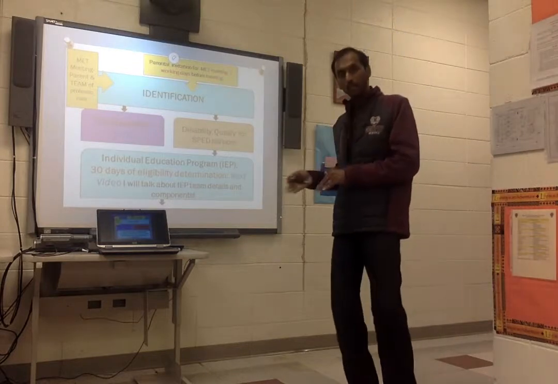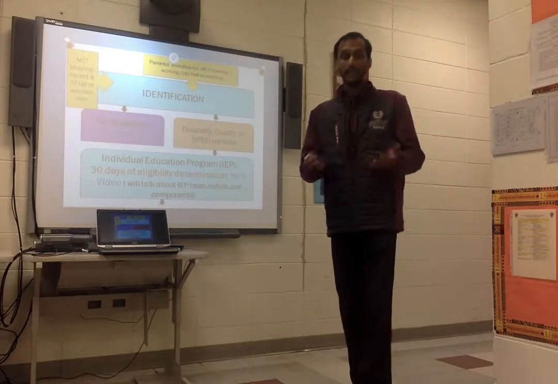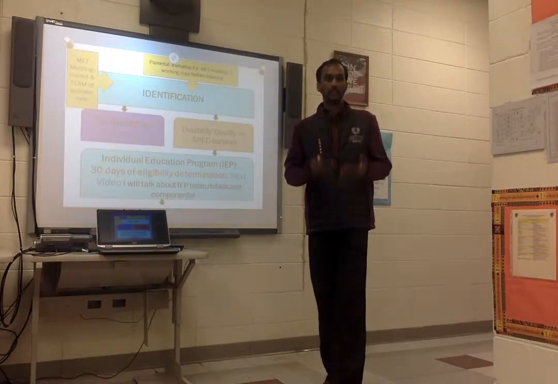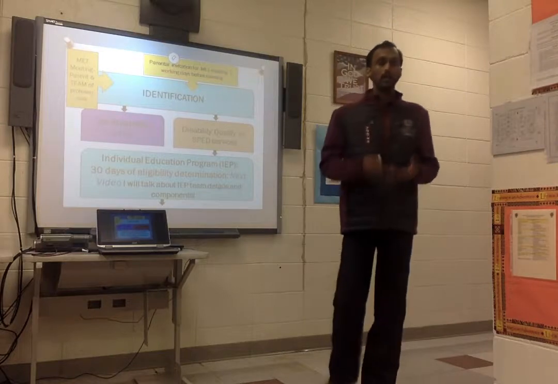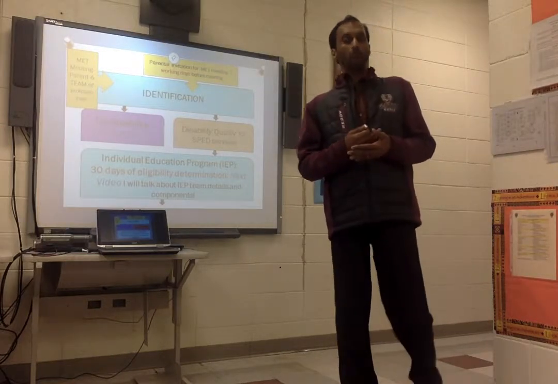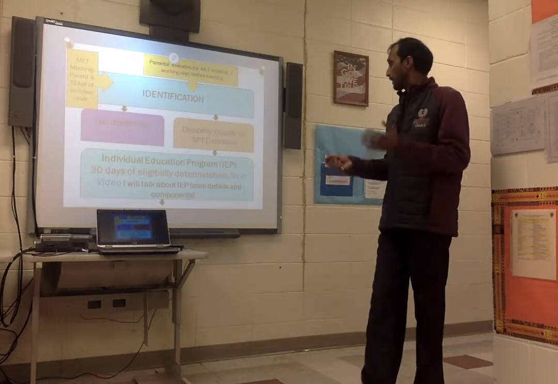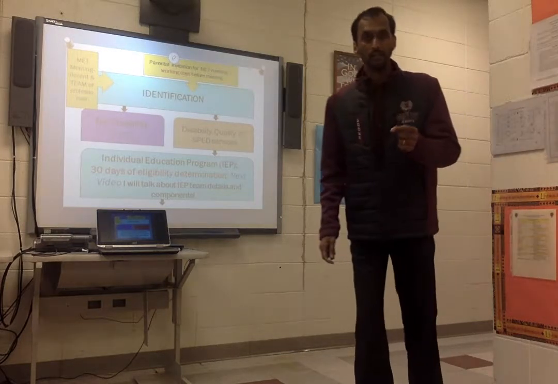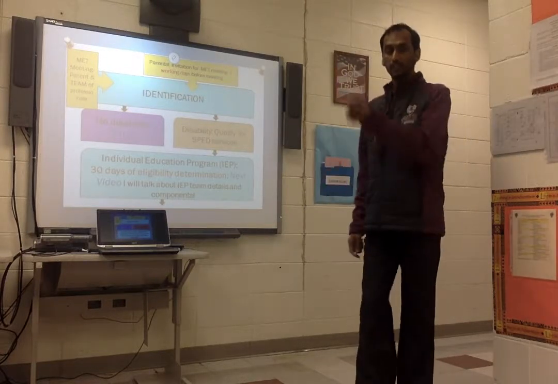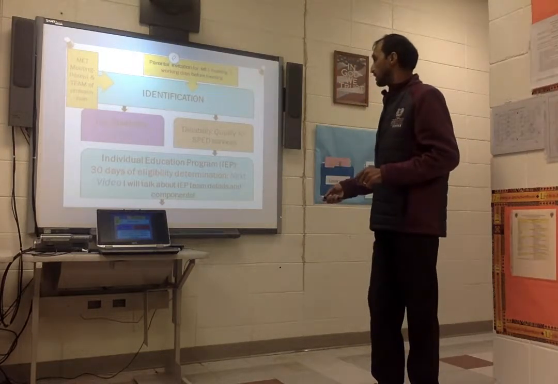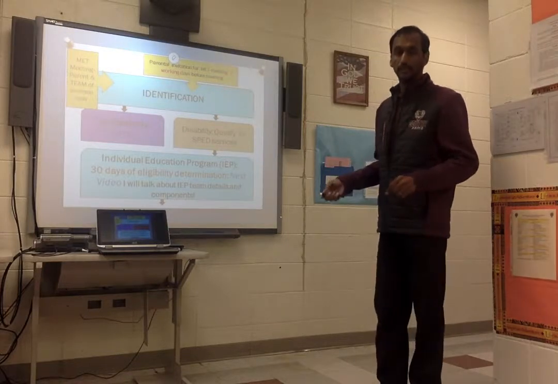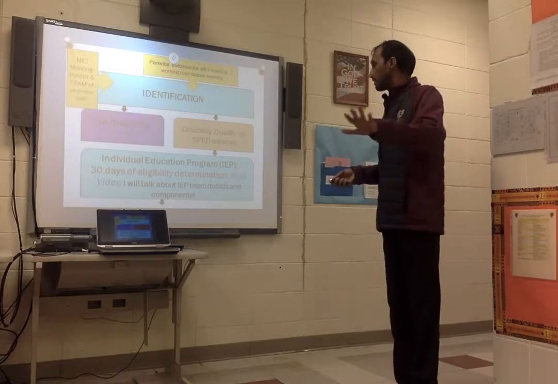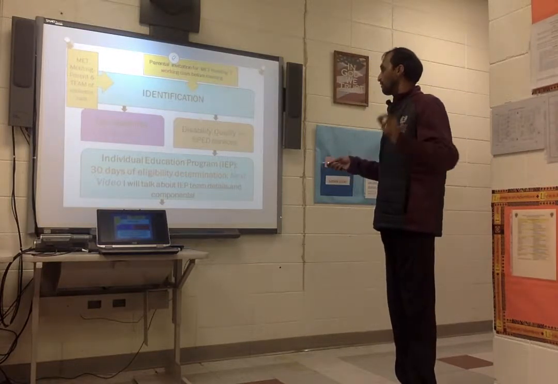If the child is qualified for special education and the data gave evidence the student is falling behind academically, or behavior is otherwise different, or communication problems, or any motor problem, then at that point an Individualized Education Program, IEP, should be developed. After the MET meeting, within 30 days of the eligibility determination, once the child gets eligibility, we have to have an IEP.